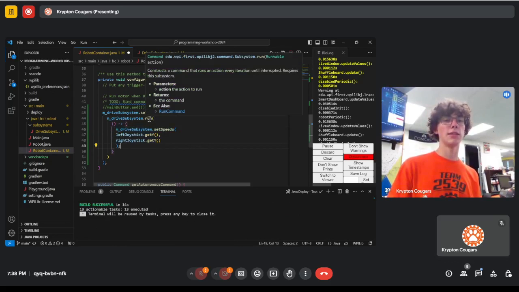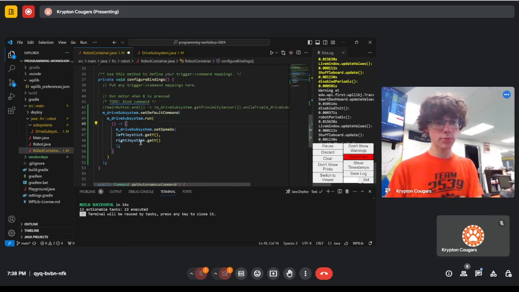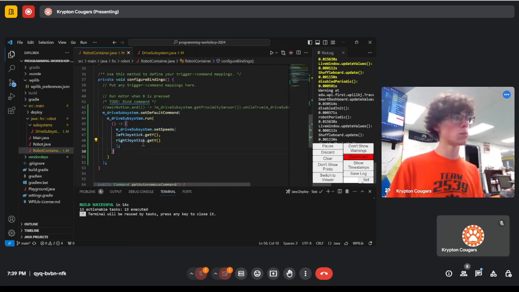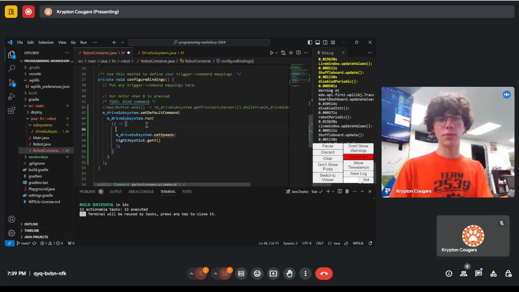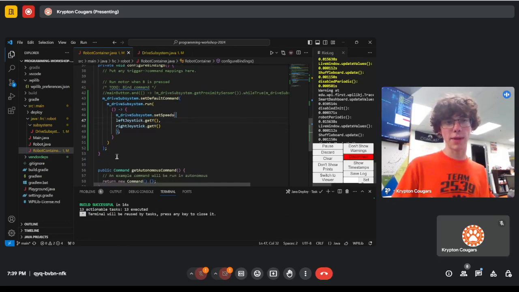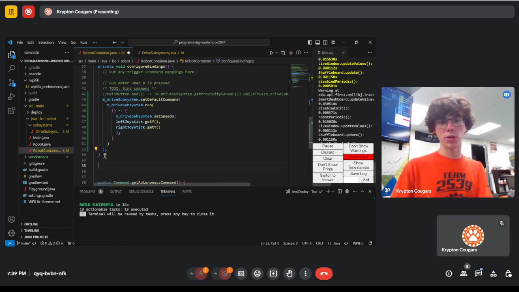I want to pass it to this method. That way it can run it later. So to add deadband, we're going to kind of extract that and put it here. Well, easiest way to add deadband is probably just to add a method. We're going to call it deadband